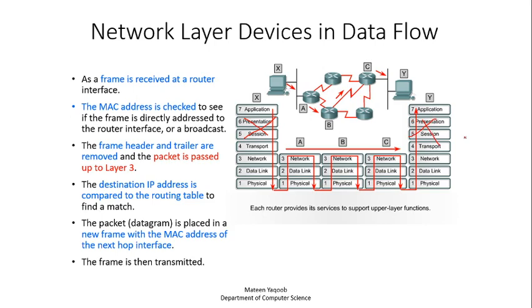Here I would like to mention that only in an end system are all the 5 or all the 7 layers part of the system. However, in the case of the core devices, the first 2 or first 3 layers, a maximum of 3 layers, can be present. So firstly, X will initiate the data, then it will pass on to the transport layer, which will transport it using either a TCP or a UDP service. And then it will pass on to the network layer.